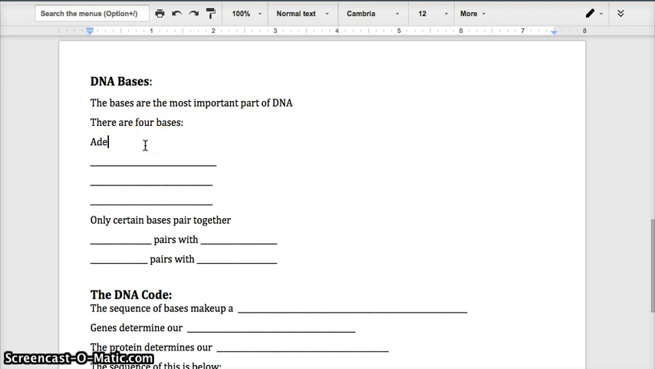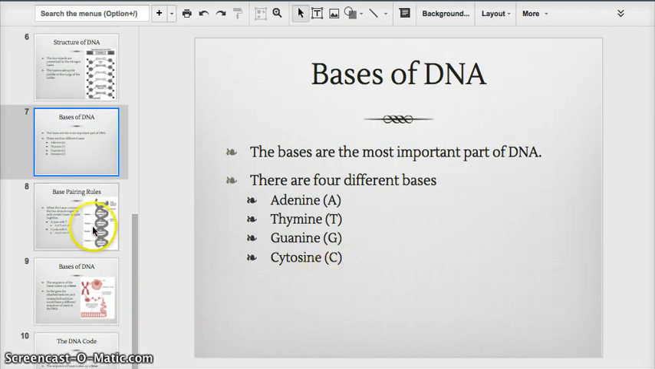You have adenine, which is A. We're mainly just going to call them by the letters. Thymine, which is T. Guanine, which is G. And cytosine, which is C. And then with this, if we go back here,